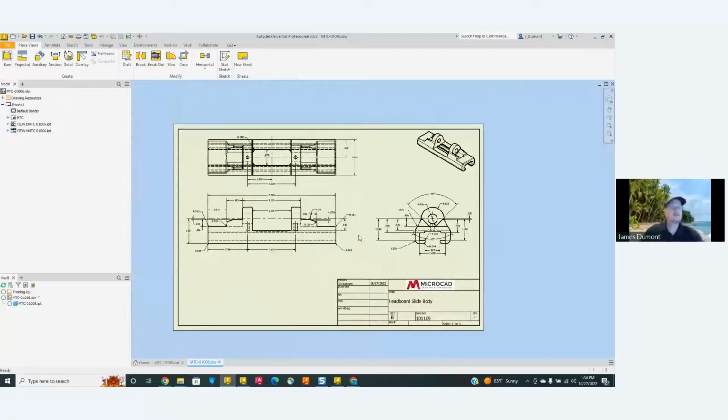When someone's seeing this, they're going to say, hey, this is an approved drawing. So if you have document control, that's something to me is really important. Now you need to make sure that when you're doing a copy, you're really addressing all of the different rules and standards that your company might have in place. So this is great for part files, but it also works even better for assemblies. So let's go into Vault once more.